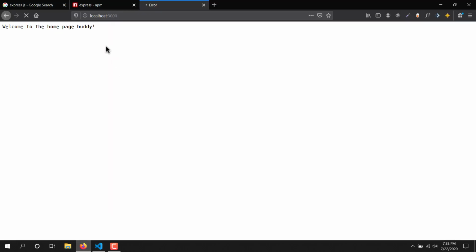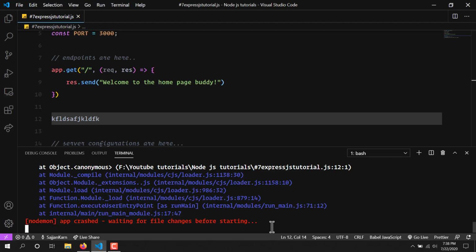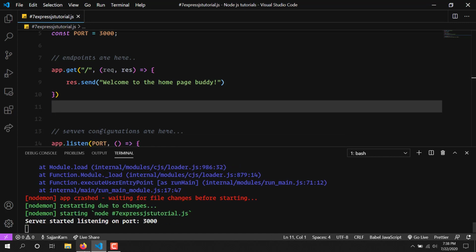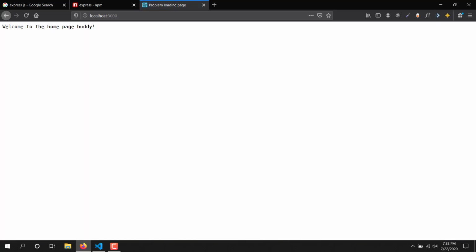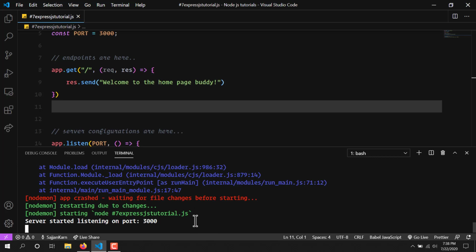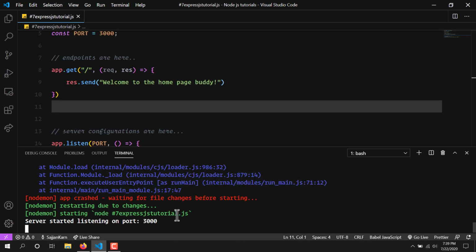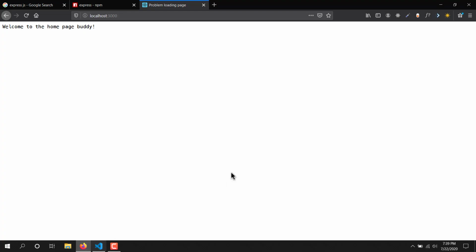It doesn't refresh the web browser, but it refreshes the server. If I remove the change and save my file, it automatically refreshes my server. So you don't have to keep writing node and your file name. Simply use nodemon for running the server, and you can type rs to restart your server.